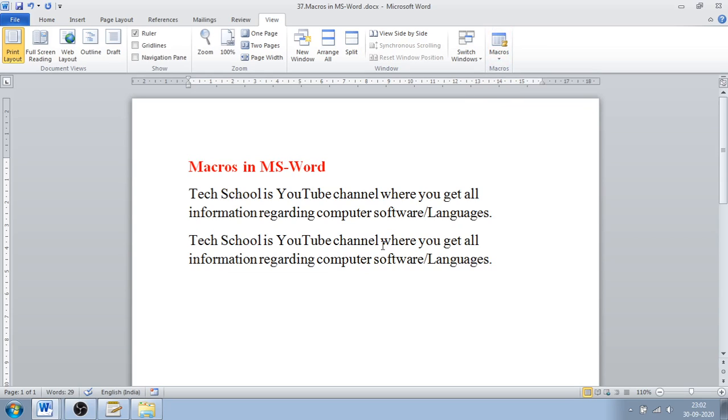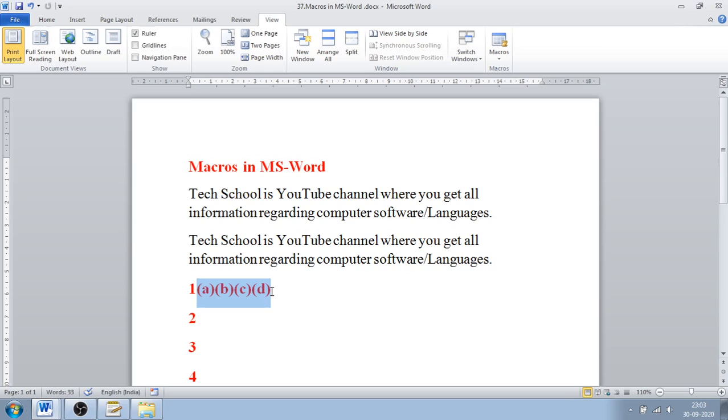In a similar way, if you want to write like 1, enter, 2, enter, 3, enter, 4, and for all this I want to write like this: A in brackets, again B in brackets, again C in brackets, and again D in brackets, like this. So I will not write all the things again and again.